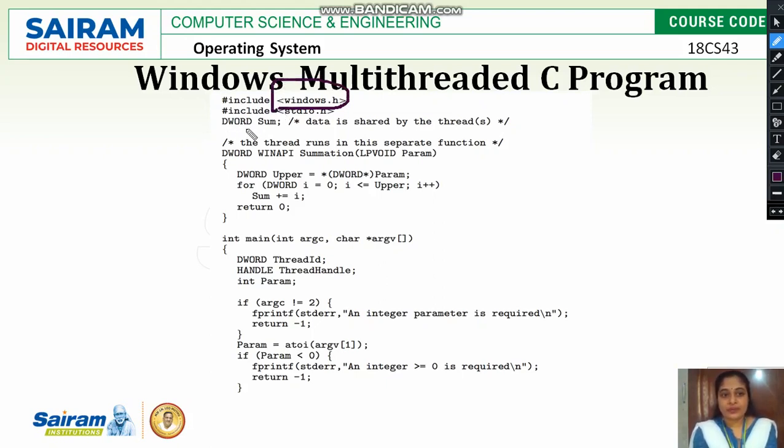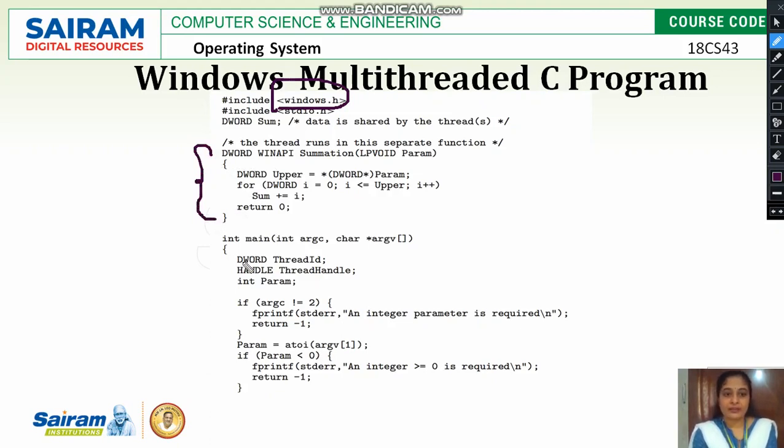DWORD Sum, the same program we are writing in Windows, so we are using the same user-defined function, where this Sum is a function called by the thread which you created. DWORD WINAPI Summation, so the thread runs in this separate function. The thread which you create in the main program should be able to run this function by creation of the thread.